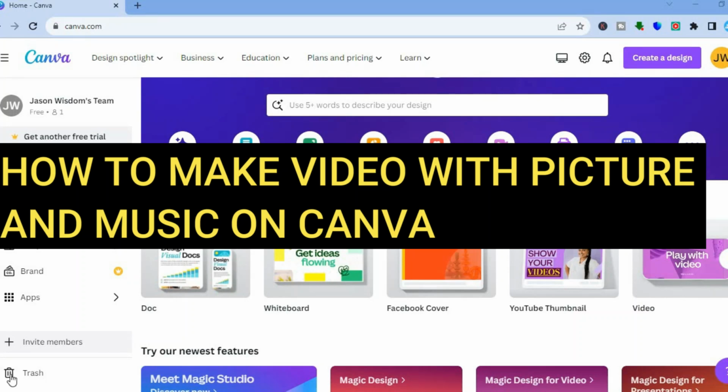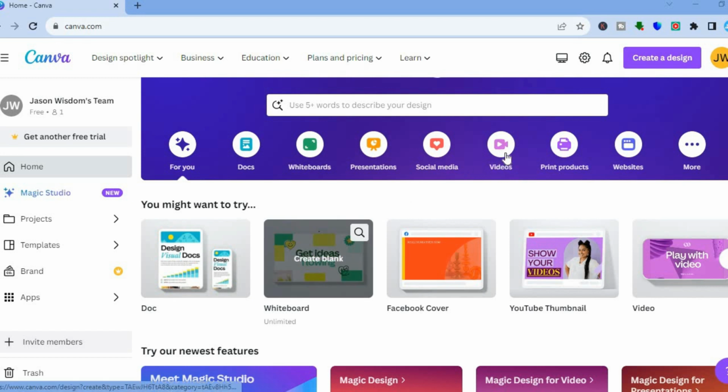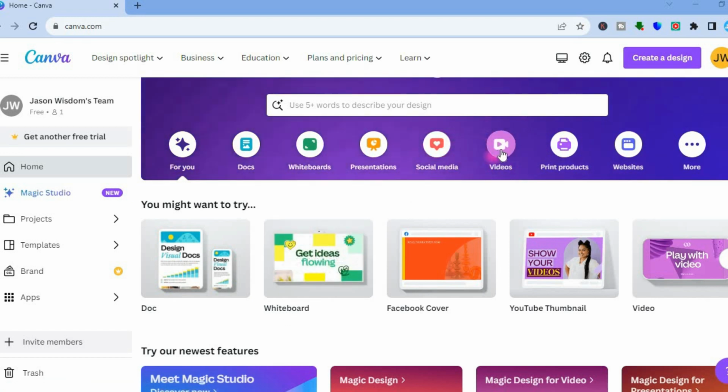In this tutorial, I'll be showing you how to create a video with picture and music on Canva. The first thing you want to do, once on canva.com, is create an account. Creating an account is completely free. All you need is your email address. Once you have done that, below the search bar, you're going to tap on